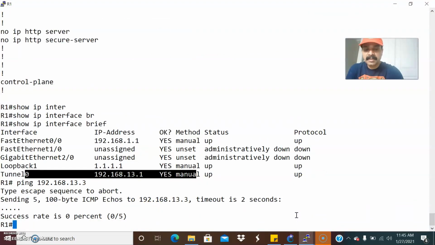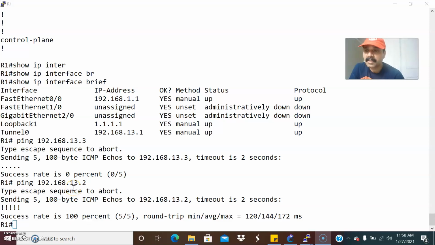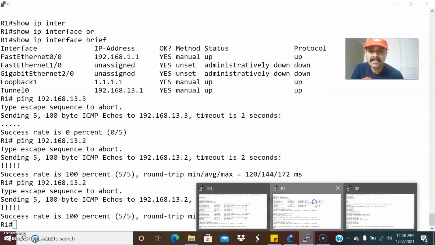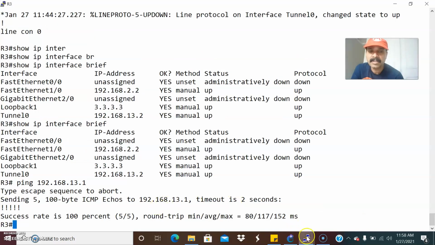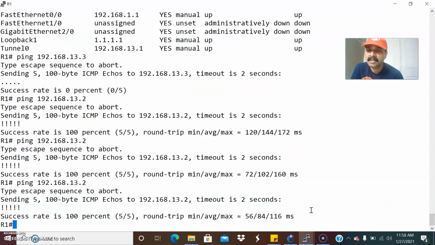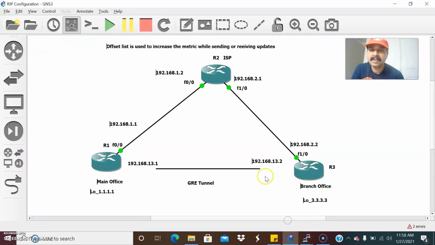Let us ping from both ends. I am able to ping from R1 to R3, and also from R3 to R1. So the tunnel always stays constant after configuring the offset list.